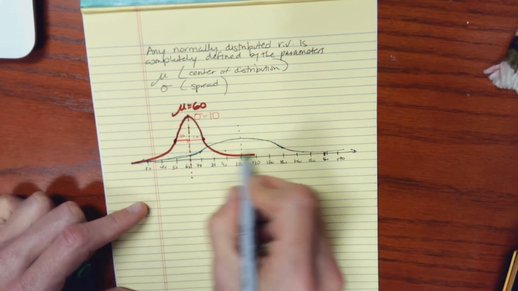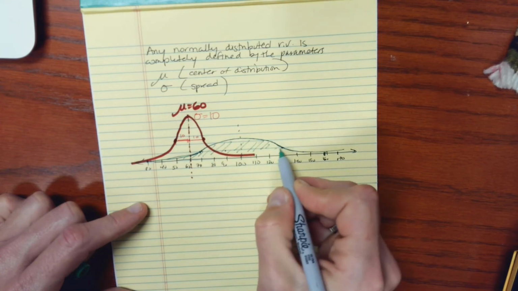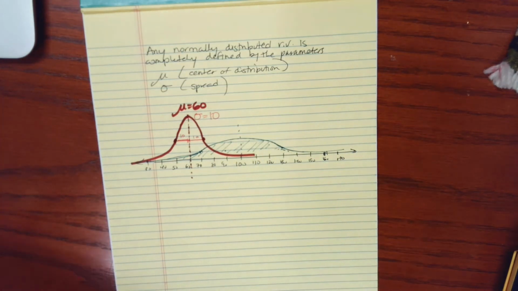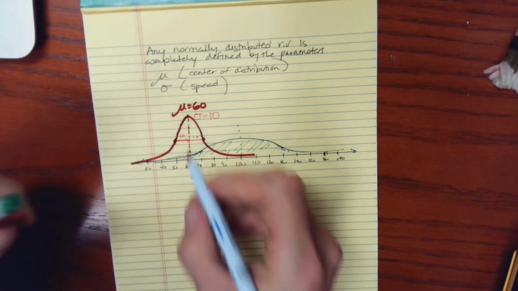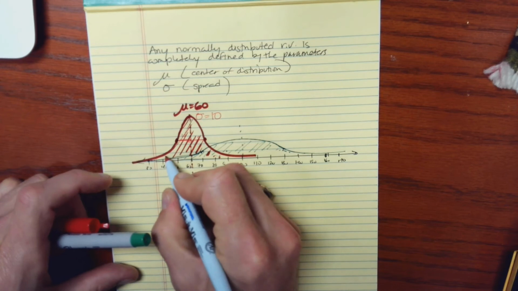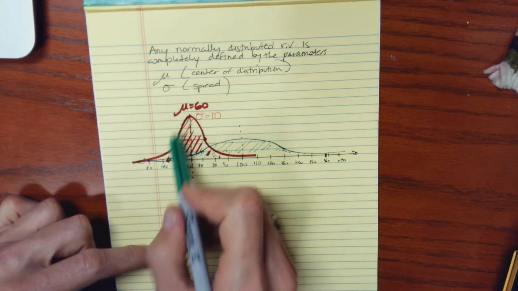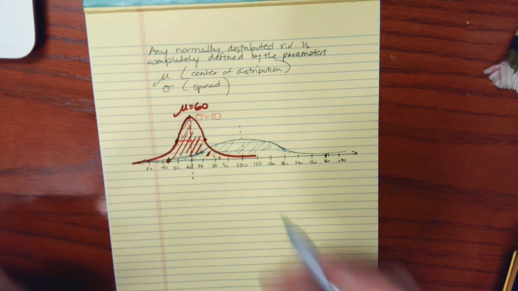Now, the area under this curve, the green one, if I did this really well, has an area of 1, and that should be the same area as under this. The point is that both of these have the same area underneath, so the same amount of space,